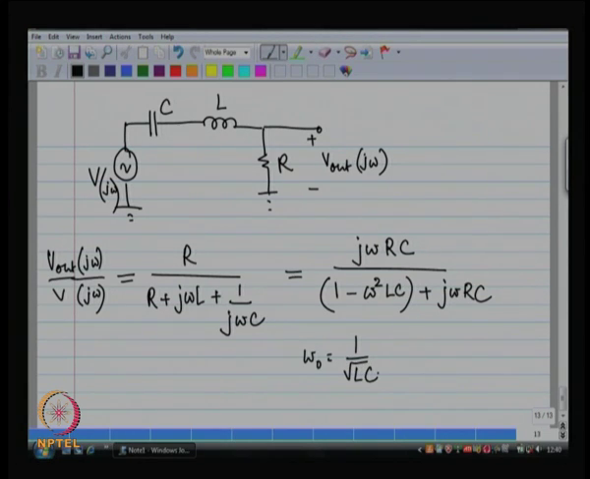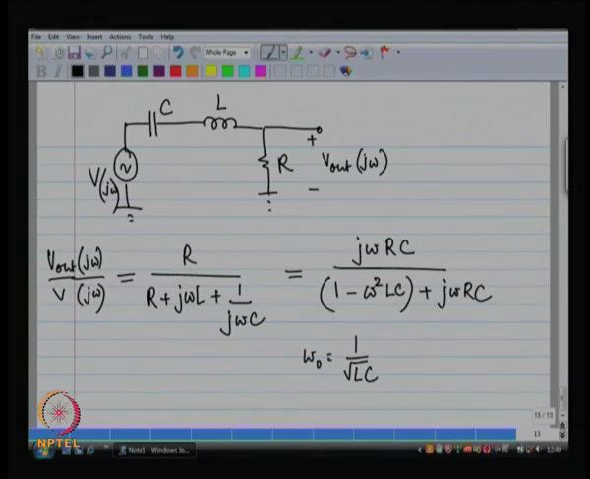at this resonant frequency, surprisingly enough, omega squared L C becomes equal to 1. So, j omega R C is in the numerator, j omega R C is in the denominator. So, you happen to get V out is equal to V. So, at the resonant frequency, you expect V out to be equal to V,